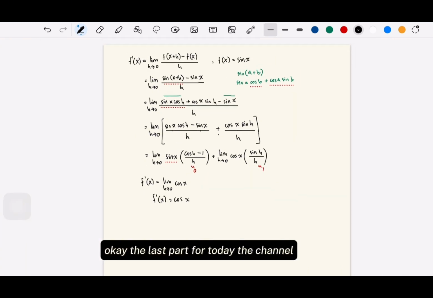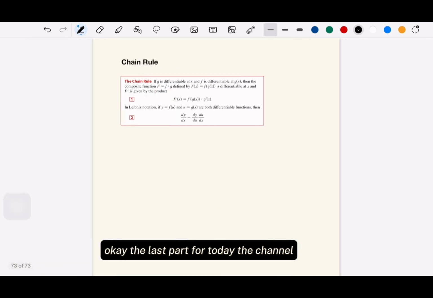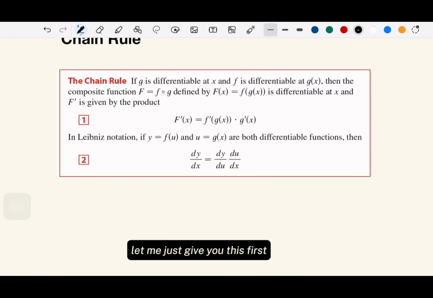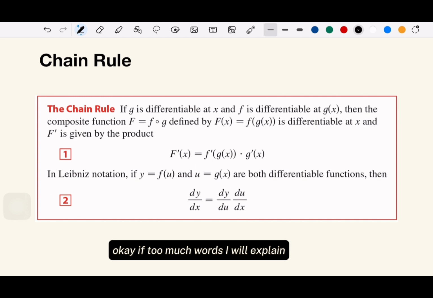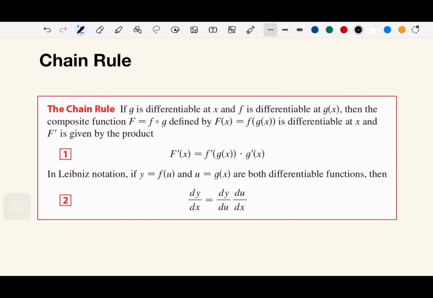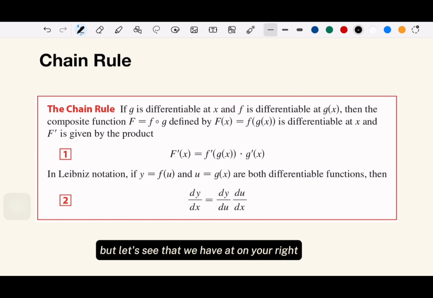The last part for today, the chain rule. Let me just give you this first. If there are too many words, I will explain below. Let me rewrite the important words. I think more words like this make you confused, right? But let me summarize. Okay, so we have